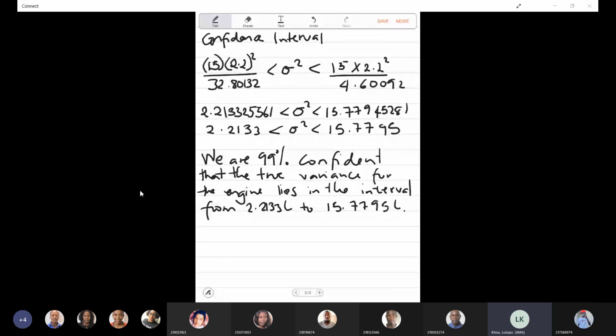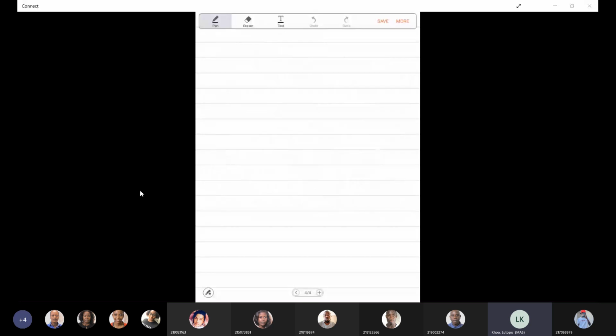Okay, and let's look at another example. This is example 2. So with this one, we will not be given the sample standard deviation. What we will have to do is work it out, but we know how to do that. We know the formula to do that. So with a small sample, even if the standard deviation is not given, it's not a difficult thing to work out. So we're told that the following